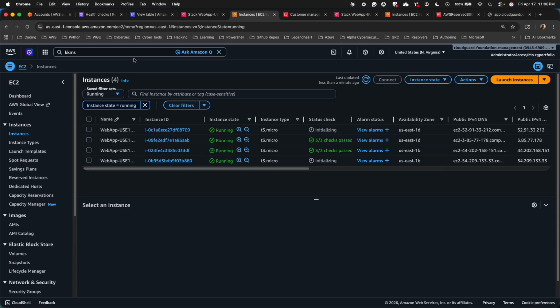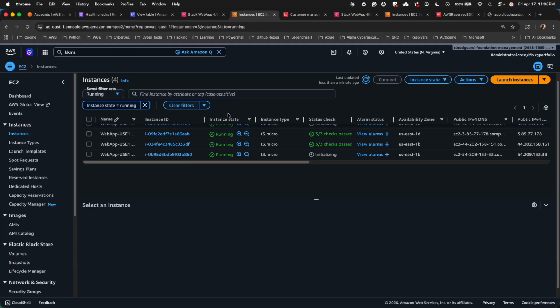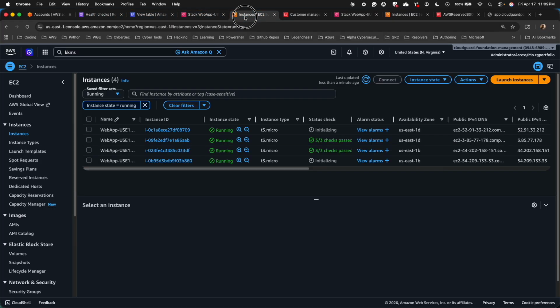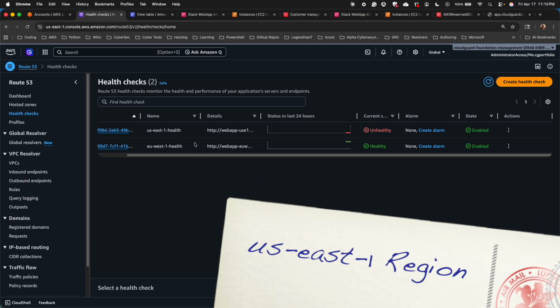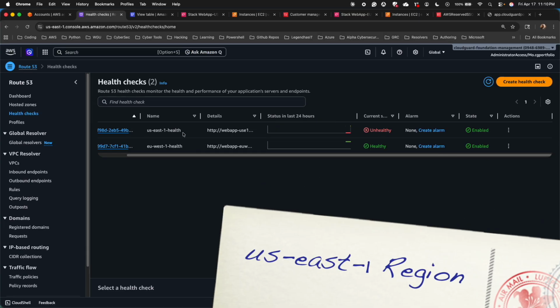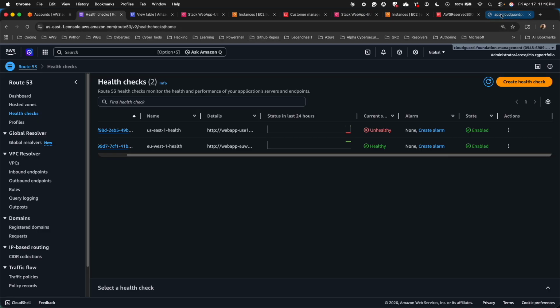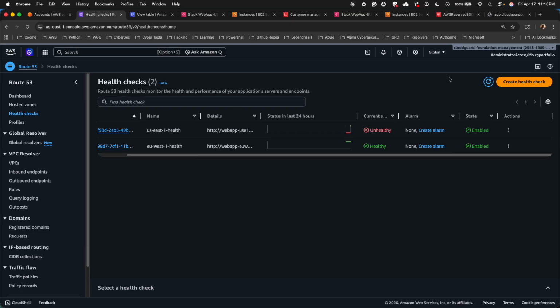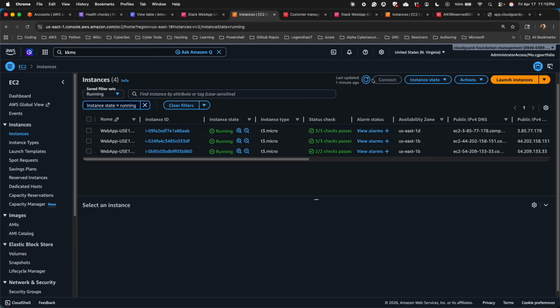So now since we are in US East 1, if we go to our application here and refresh, it's serving us from EU West 1 at the moment because we're having issues with our EC2 instances here. It's terminating. So right now, because our US East 1 is unhealthy, it's taking us to EU West 1 automatically. But if we get it healthy by checking the EC2 instances, now we have our